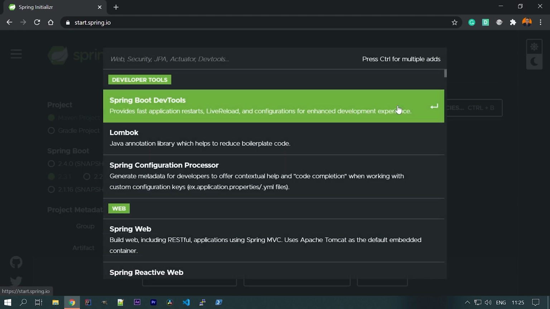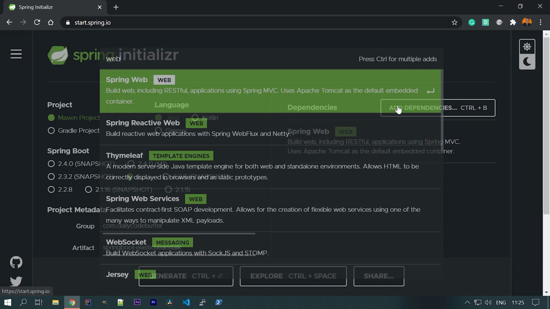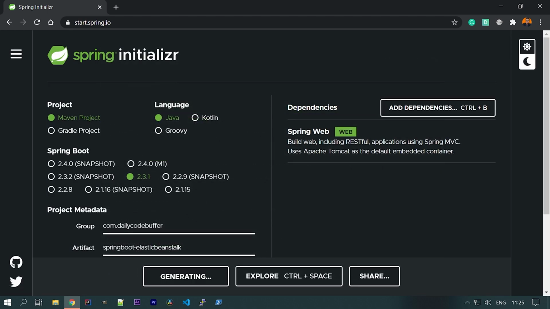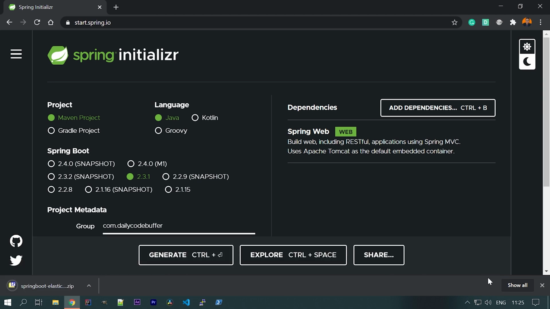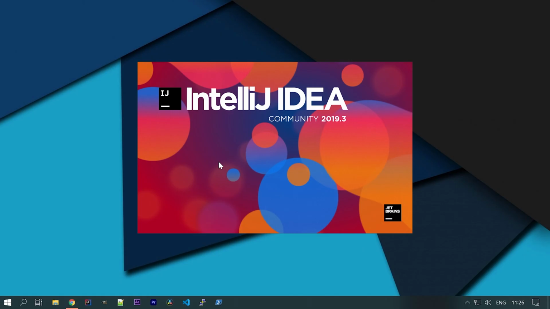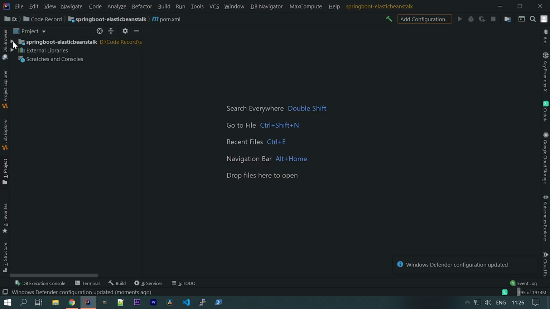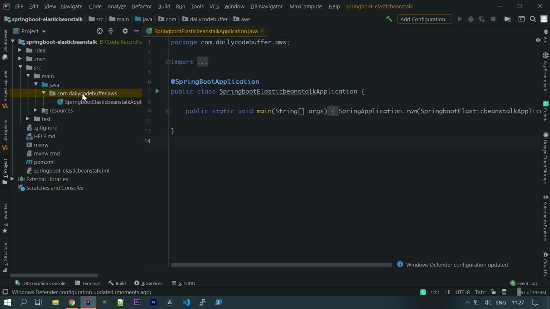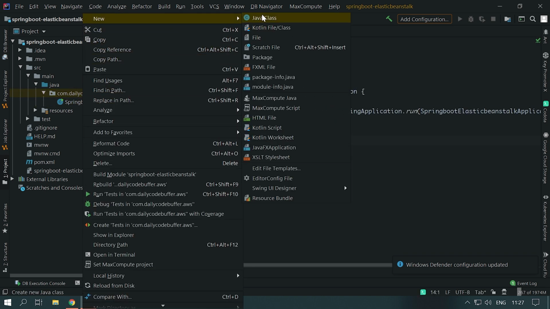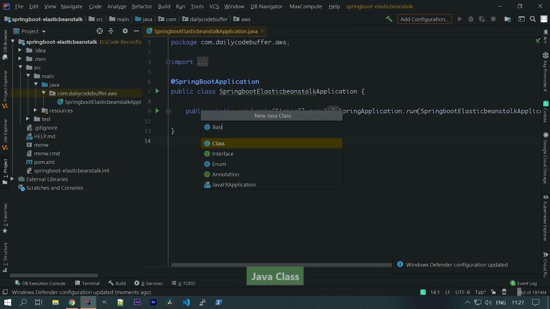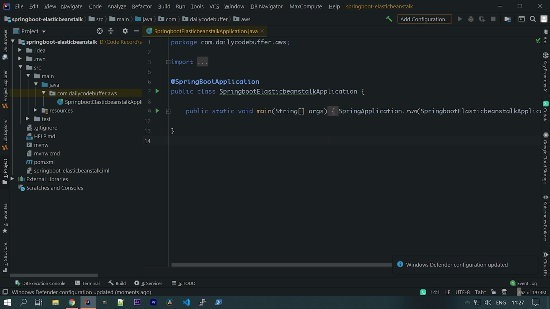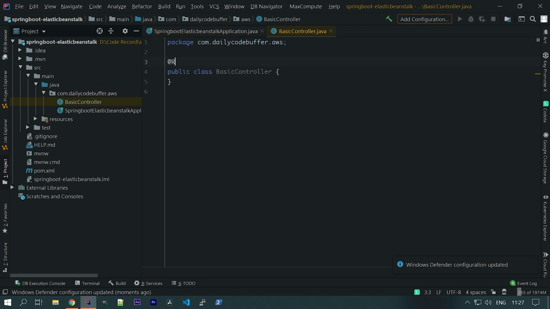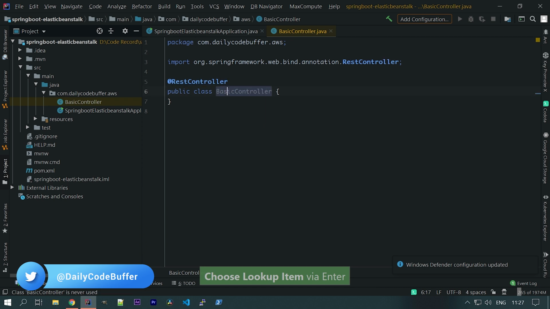Let's add the Spring Web dependency and click on generate the project, and let's open this project in IntelliJ IDEA. Okay, we have opened the project over here. Let's create one basic home controller that will be having one endpoint. We'll create a basic controller. We'll annotate with REST controller